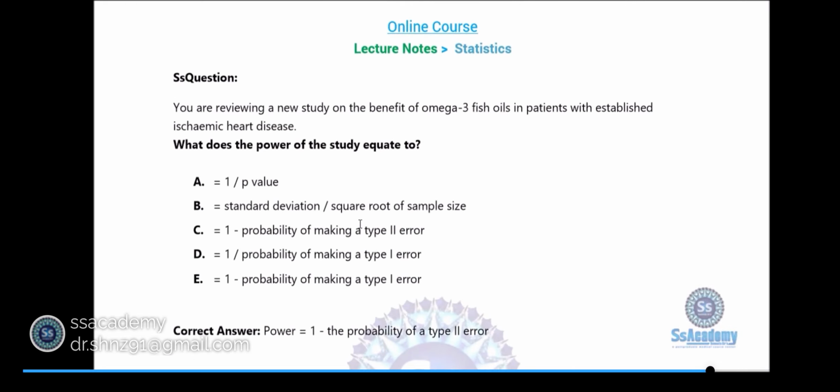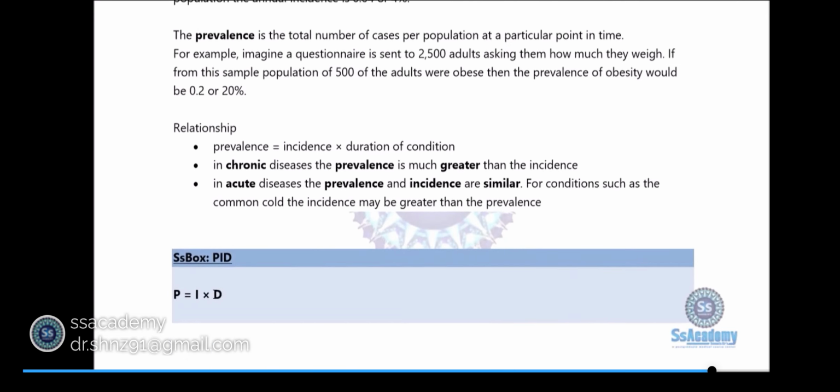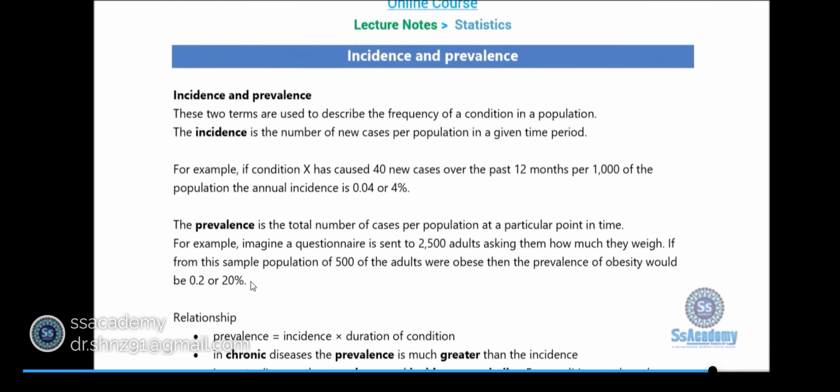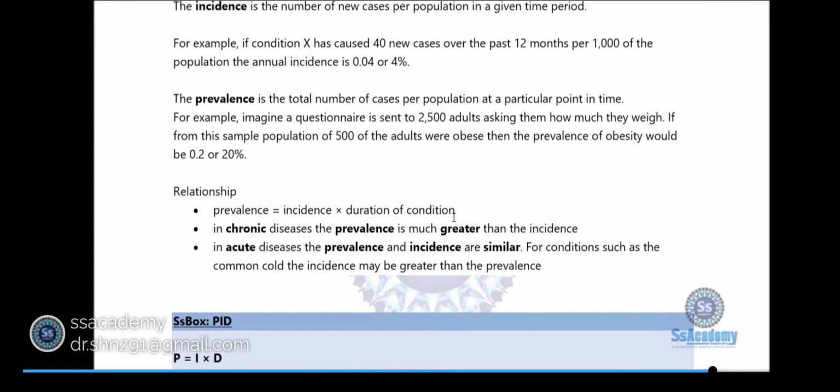And what does the power of the study equate to? Power equals 1 minus the probability of type 2 error. So this is in the box. Incidence and prevalence. I would like to give one box, my dear. The formula is prevalence equals incidence times D, for duration. So this is very important, mind. The prevalence depends on the duration of the condition. Chronic disease prevalence is greater and acute prevalence